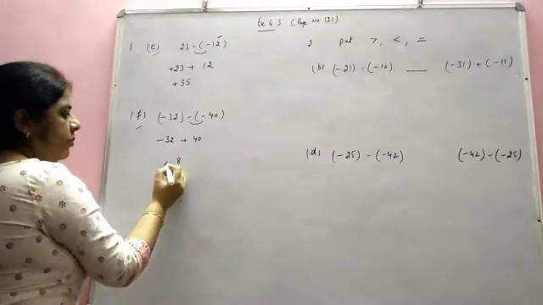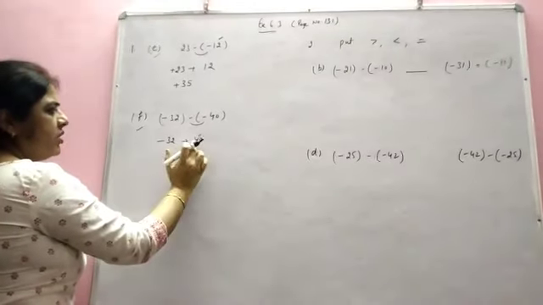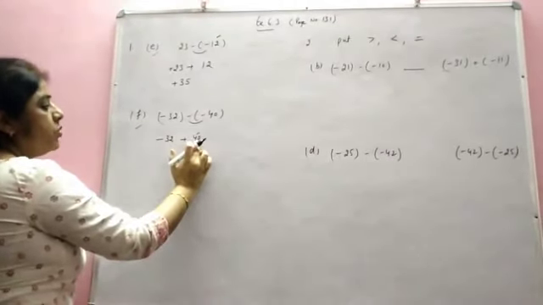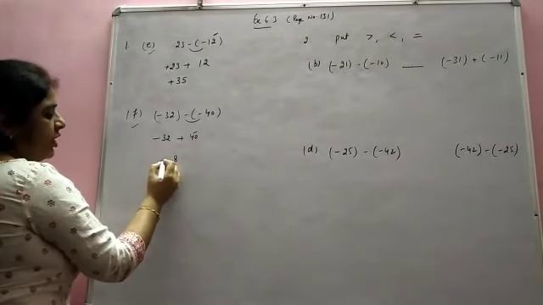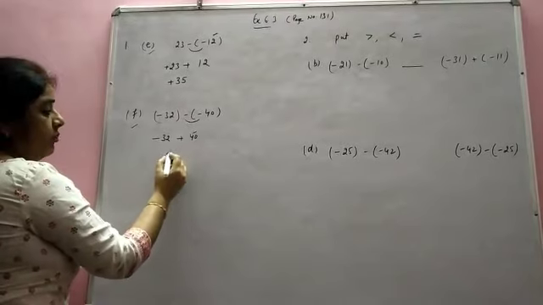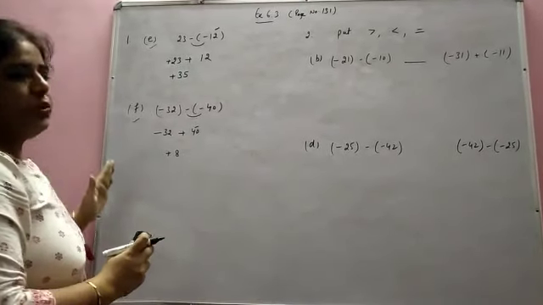Now see, when we put the sign, see the number without its sign. Which number is greater here? 40. So the sign of the greater number is the sign we put in the answer. What will the answer be here? It's plus 8. Now this is the solution for this question.